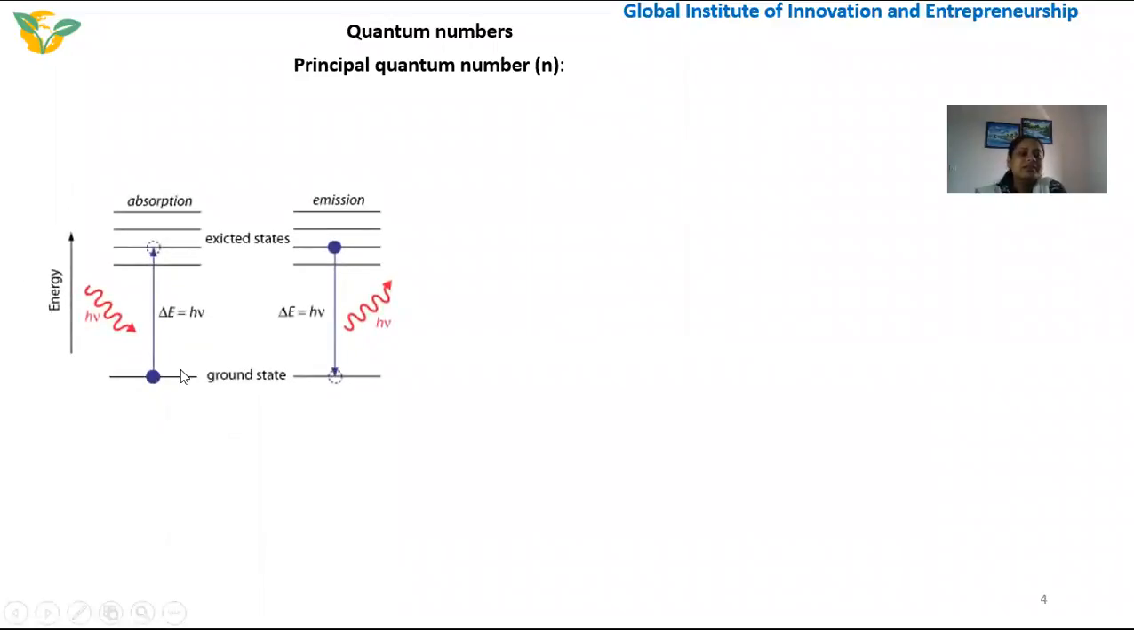So, when energy is supplied, the electron in the ground state absorbs the energy and goes to the higher excited state. And this phenomenon is known as absorption, and the spectrum contains the spectral lines due to the transition from ground state to excited state. Whereas in case of emission, the electron from excited state comes back to the ground state